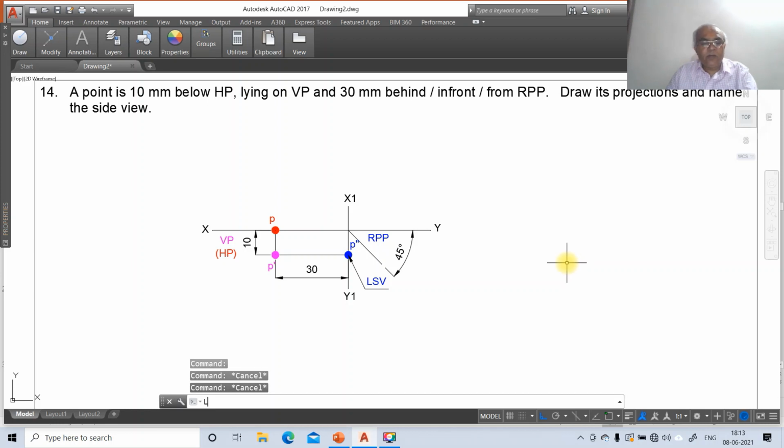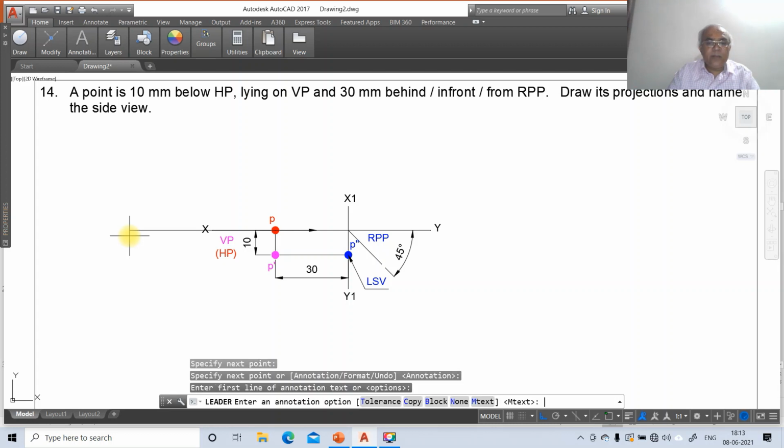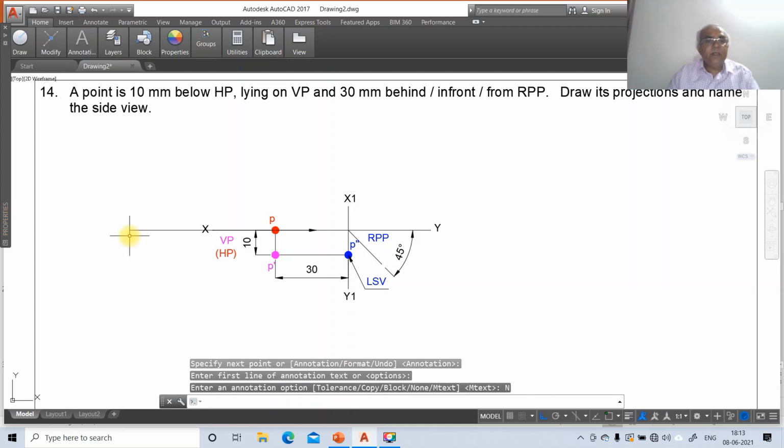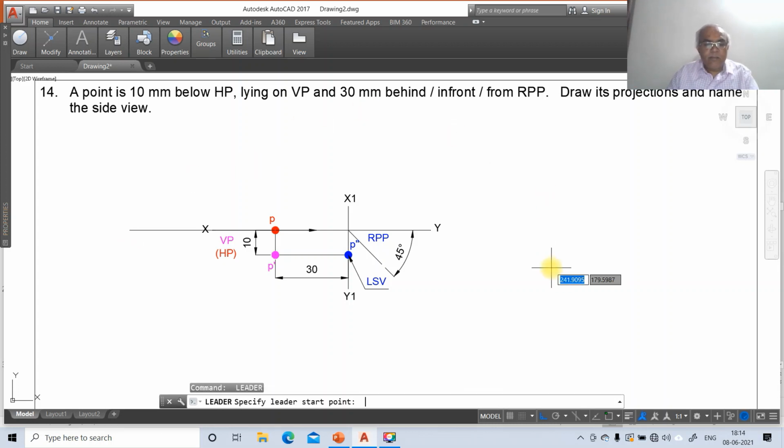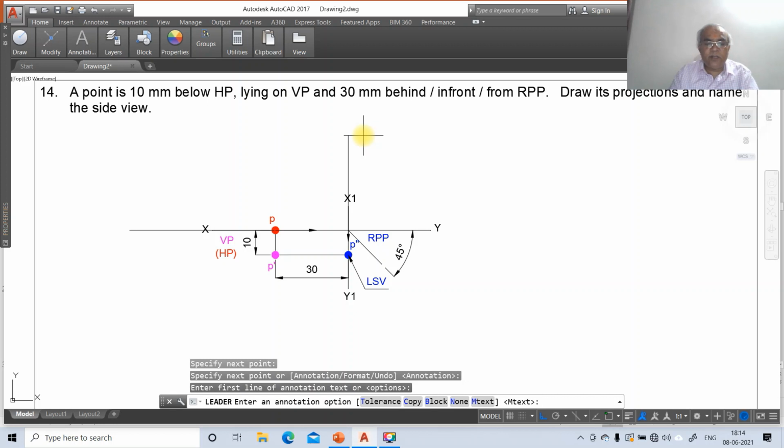Now we need to draw the projections. So I will just go to leader, take nearest, and switch on the ortho mode. Drag this and place it here, and options none. Then go to leader, go to nearest, and take it to the top side, annotation option none.